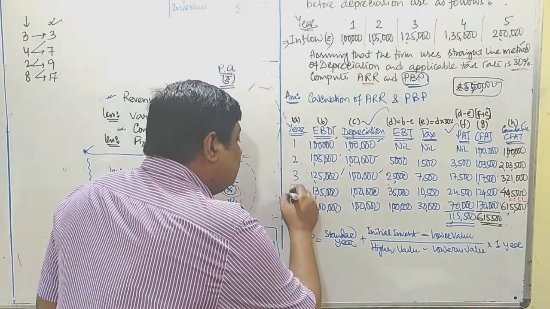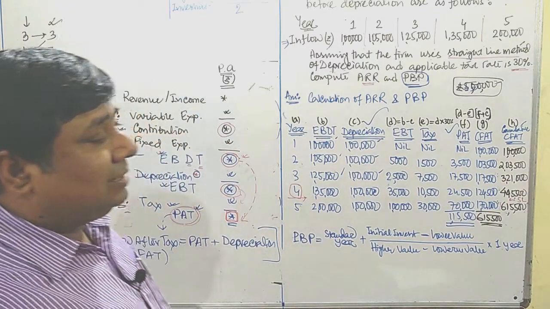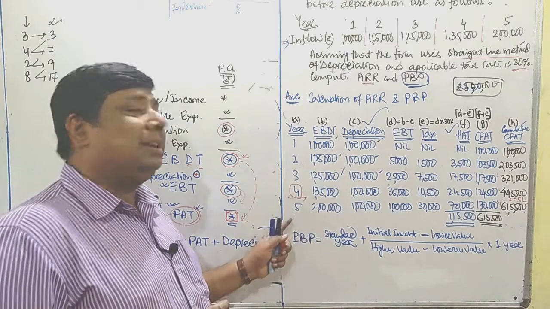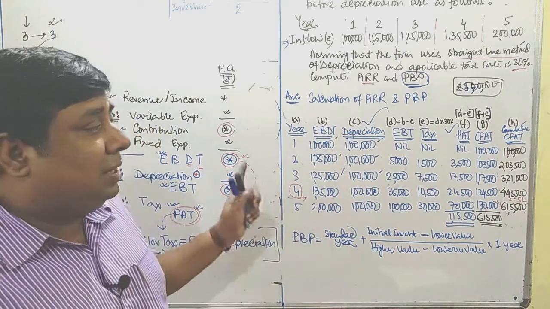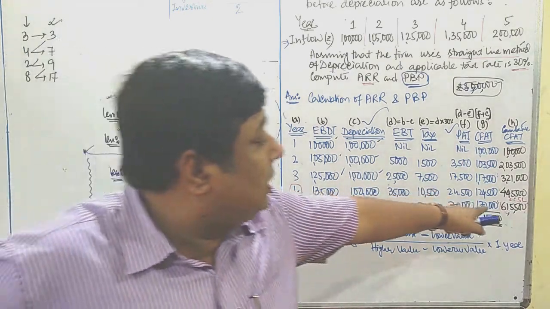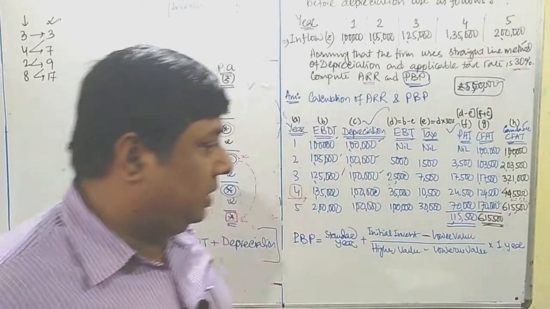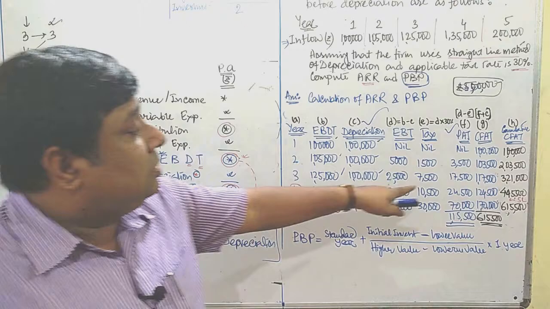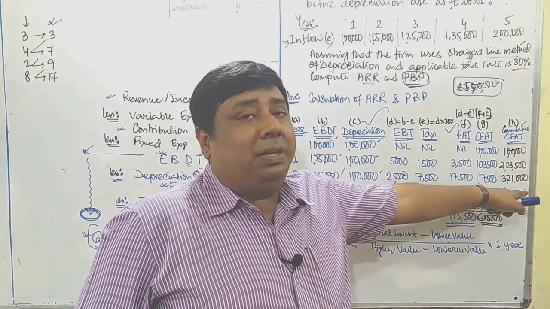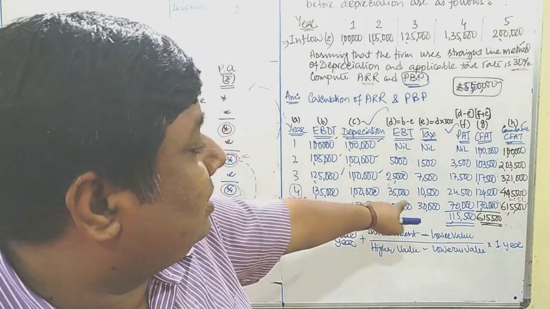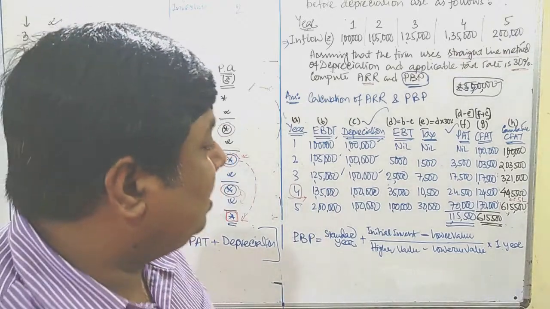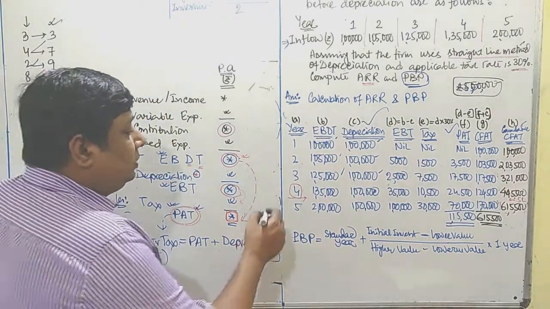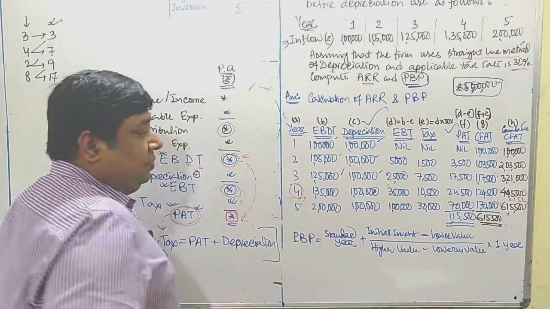Now 4th year is going to be the standard year. That means it's not exactly 5 years. It is 4 years and a few months. Because if you consider exactly 5 years, your total return will come to 6 lakh 15,500, and you are targeting 5 lakhs. At the beginning of 4th year, it is 4 lakh 45,500. At the end of the year, it is 6 lakh 15,500. It means that 5 lakh lies in between 4th and 5th year. Then the 4th year is your standard year.